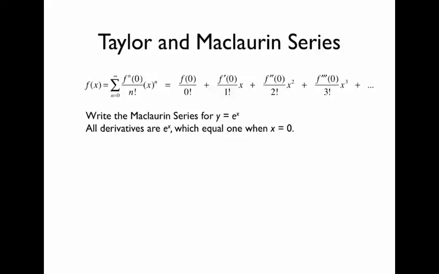Okay, so what's the first term? The first term is e to the 0, and plugging 0 into anything, it's 1. It's 1 over 1. Second term, 1 plus